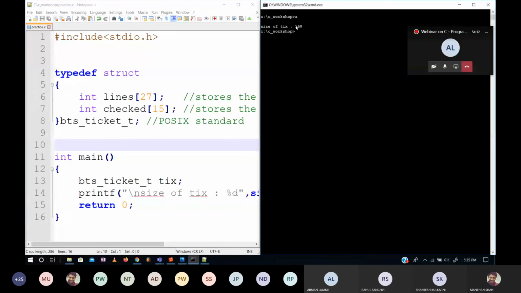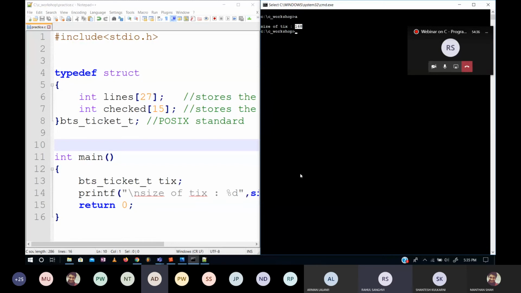Anybody can tell me what this 168 means here? Size in bytes. Yes, with the structure? Where did 168 come from? Why 168? Yeah, so you have defined two integer arrays.